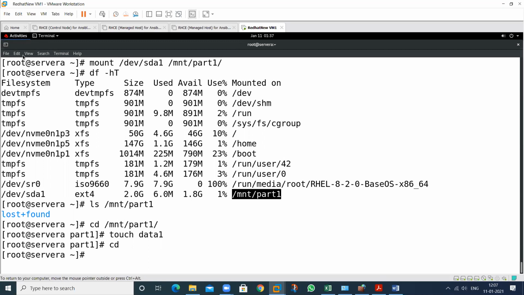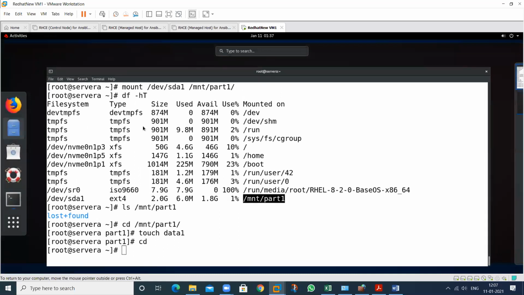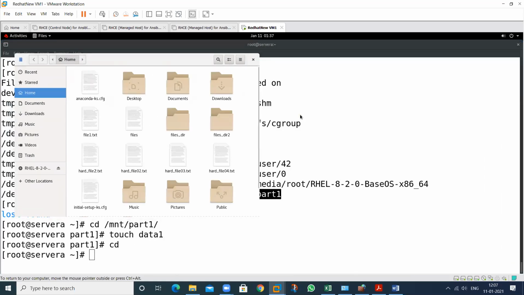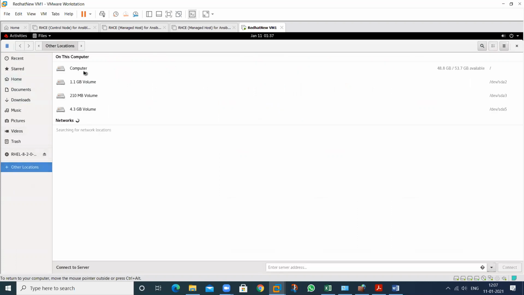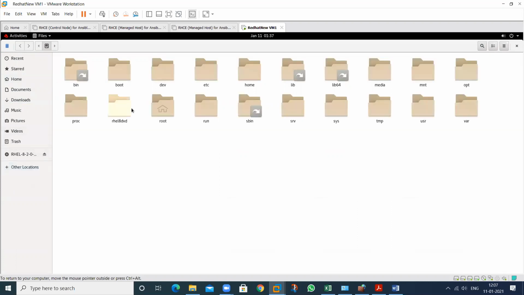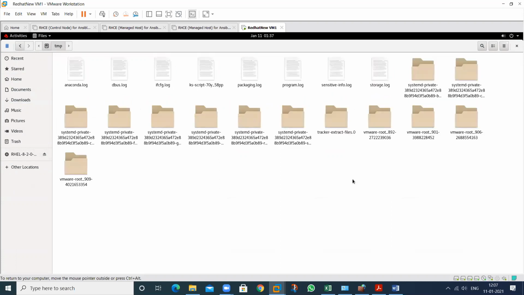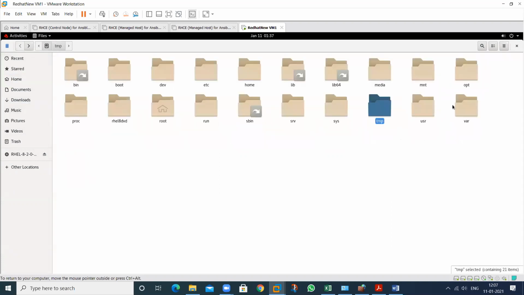If you want to check this in graphical mode, see the result. In this, we have the tmp also. See this one. Where is the tmp? This one. In this, we have a folder; the folder name is not tmp, that is called mnt.